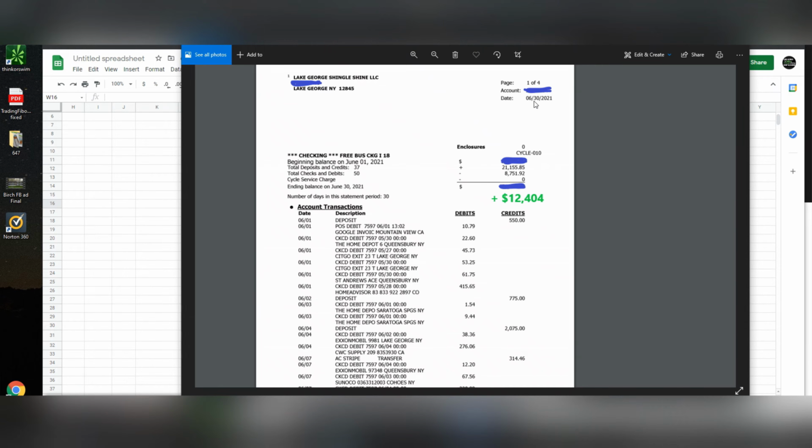But what we can see here is the company name. This is the end of the month. I blocked out some unimportant details here, but what is important is the total deposits and credits for this business account for the month of June was $21,155, and then the total checks and debits was